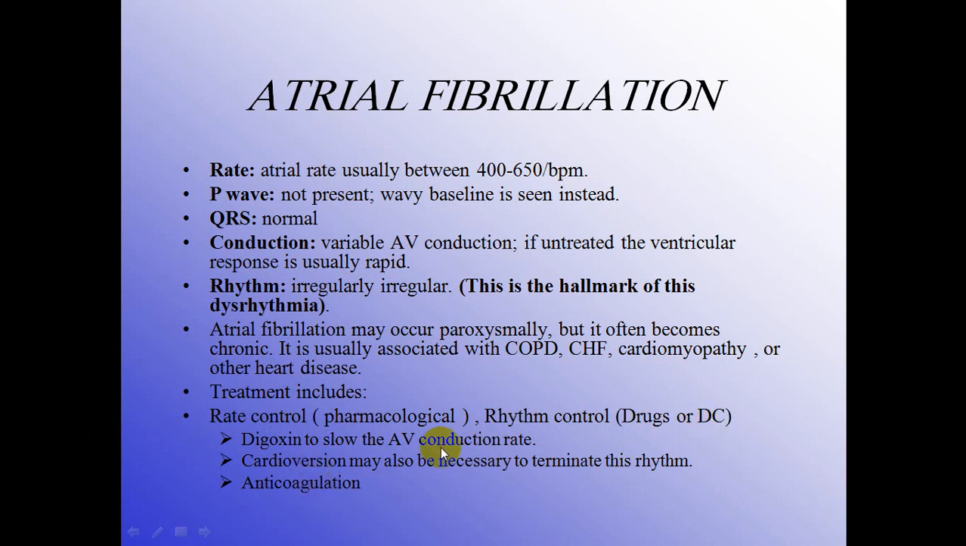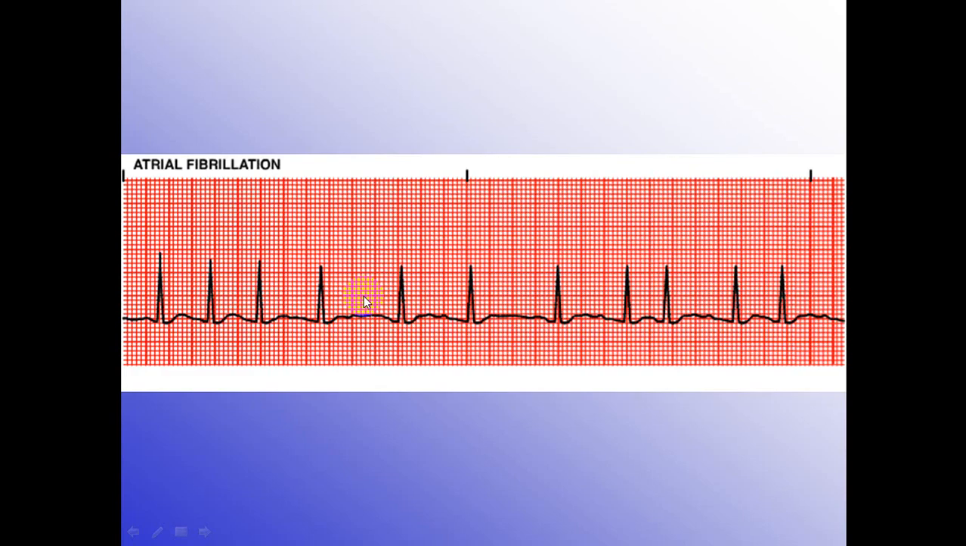Digoxin slows AV node conduction, so it is rate control. Cardioversion may also be necessary to terminate this rhythm, especially if the patient is hemodynamically unstable. And anticoagulation is necessary in atrial fibrillation because there is a risk of thromboembolism. If we look at